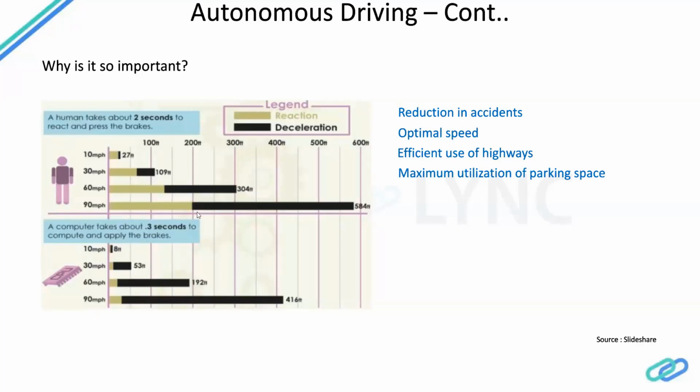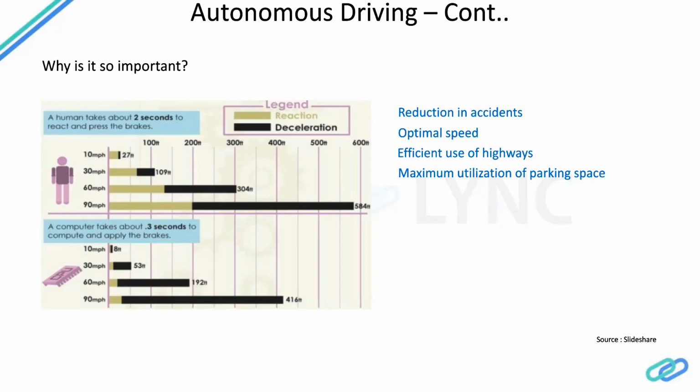This example would have given you an idea why I have written this point. Optimal speed. In certain highway situations, where you are not supposed to go beyond 80 kph or 90 kph, we do not always look at the odometer of the vehicle to see what speed I am driving. If I have a free road, I will simply drive. But in developed countries like the US or UK, there are cameras everywhere which will detect you if you're overspeeding. If these kinds of control models are there, they can maintain optimal speed in highway situations. That means efficient use of highways, when every vehicle keeps a safe distance from the others and drives keeping all the laws in mind.